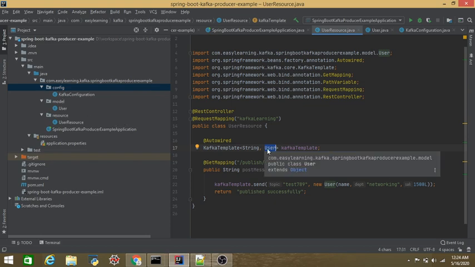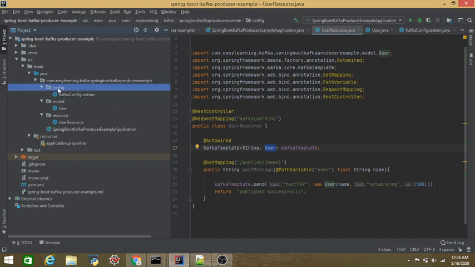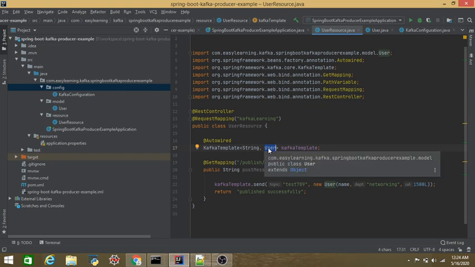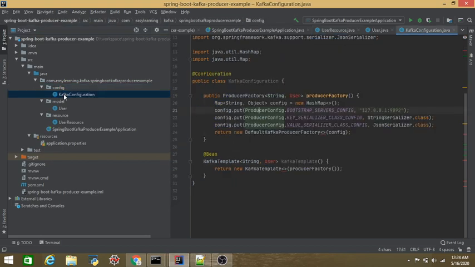Whereas if you are passing a user defined class as a JSON, then you do need to serialize that, and for that we need to create a configuration for the Kafka producer, right? In this example I am creating a model, but you would have DTOs or classes which map to the database. For all those, you need to create a configuration here for Kafka.